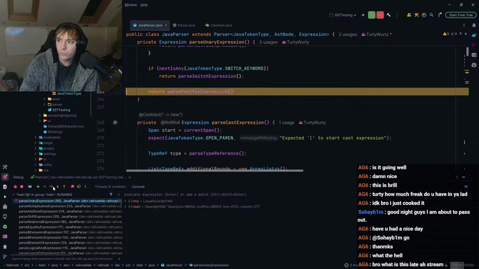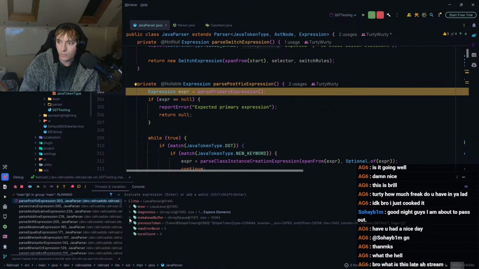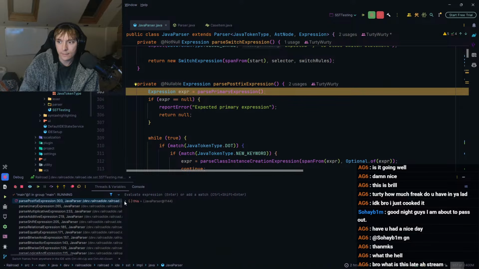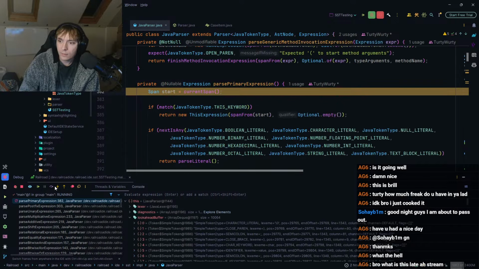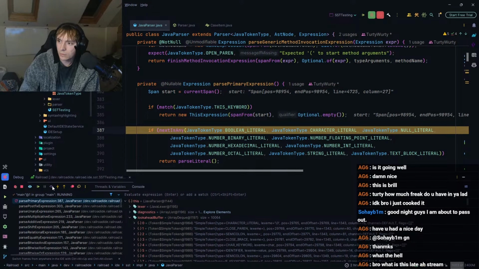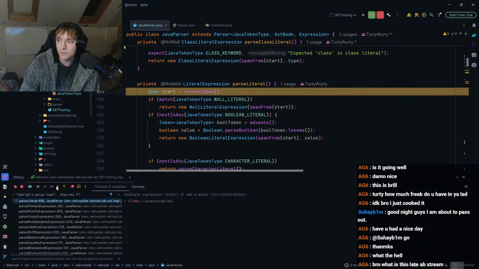We need to go into postfix. Just check that in the look ahead we still have the character token next. I'm pretty sure the issue is with the character, by the way. So, no, yes, it is that. I almost stepped straight over that, but yes, it is a literal.